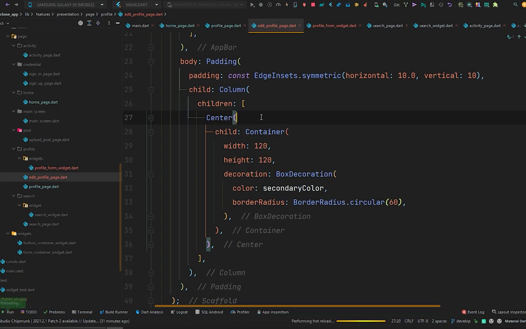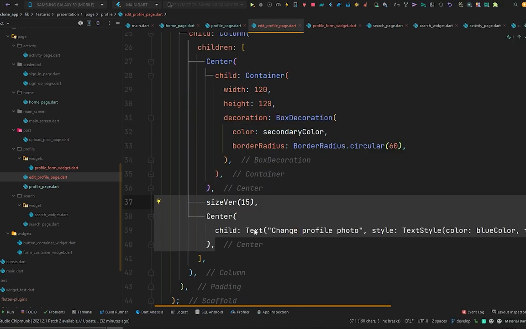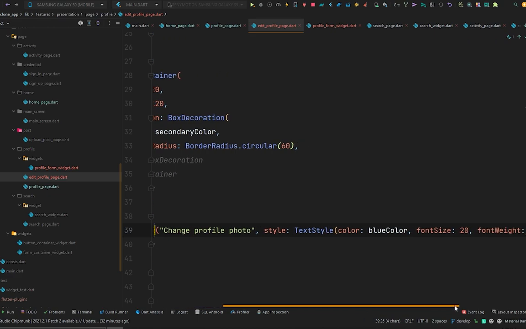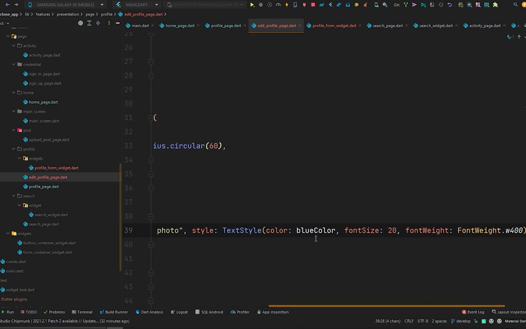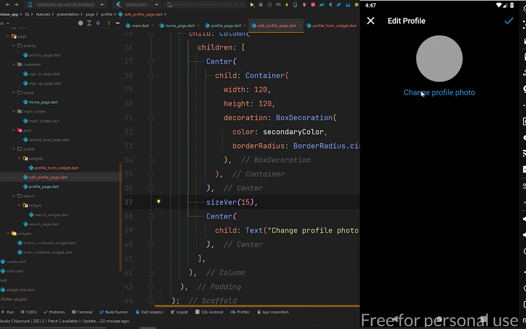Now press Ctrl S and go to the emulator. So we got this here, and right after this we want some text that will be change profile photo. That will be just like this, some space vertically about 15 and a widget center. Its child is text, change profile photo, and style is text style. Its color is blue, and font weight is about 20 and a bit bold. So now also press Ctrl S to hot reload and check it out. We got the change profile photo here, and now we want